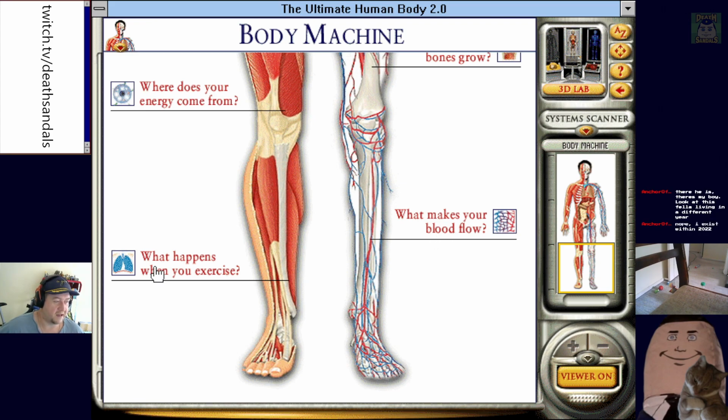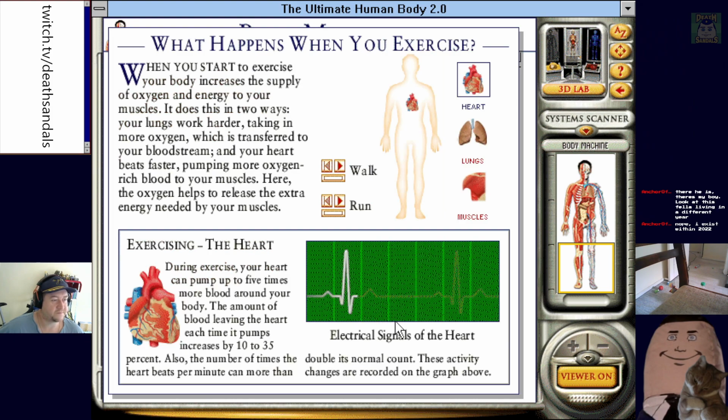Yeah, this is something I obviously need to learn. What happens when you exercise? You gonna read any of this out for us? As you walk, your heart rate is constant at about